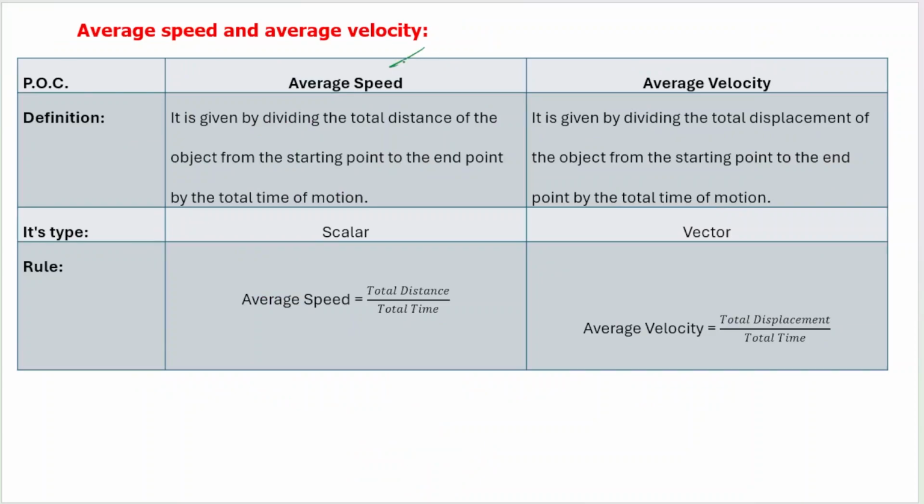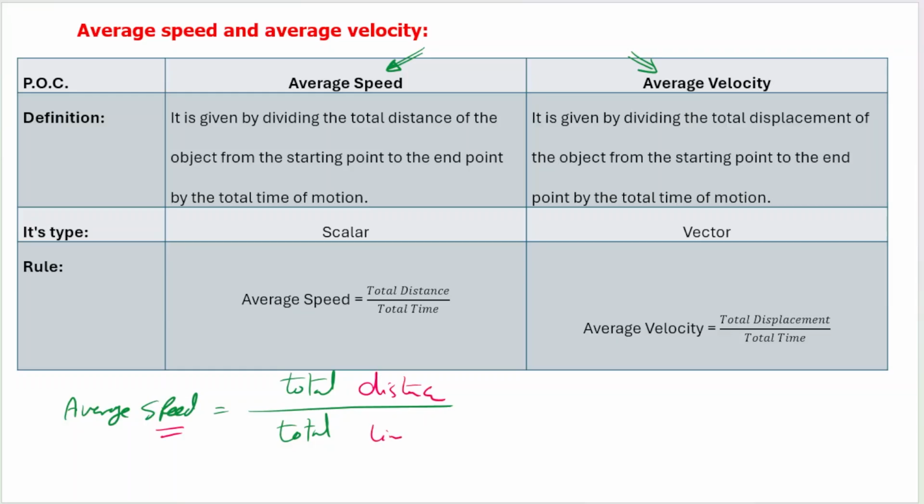Also, what is the difference between average speed and average velocity? Average means total over total. So average speed, because it is average, equals total over total. But since it is speed, it's total distance over total time. By the same logic, average velocity is also total over total. But in displacement, there is no total,